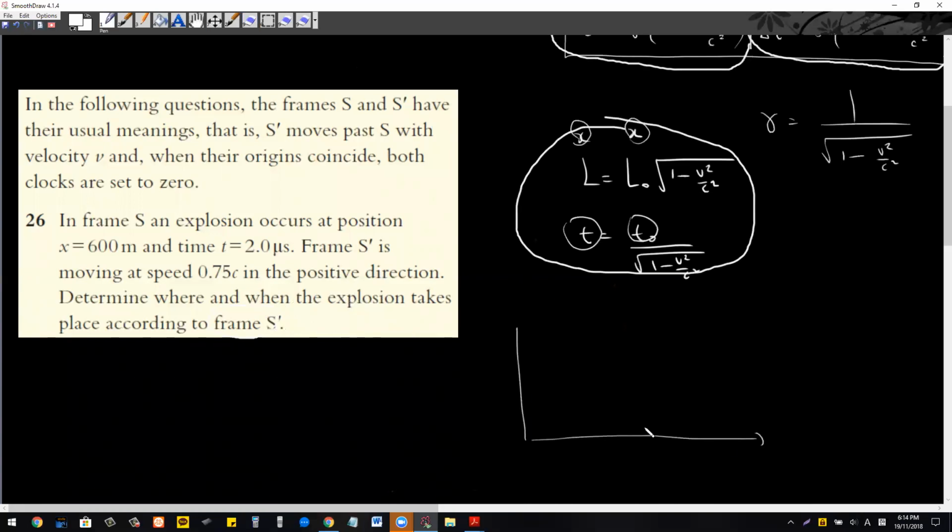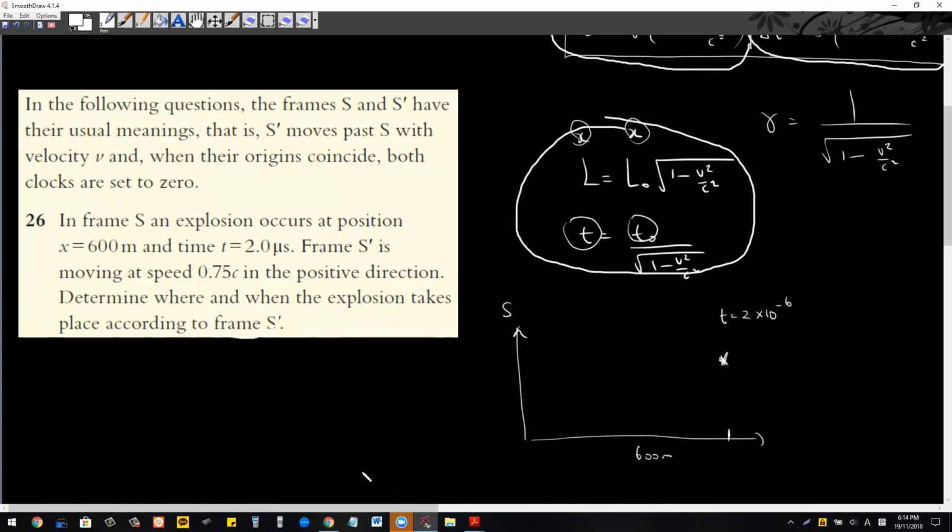So here, let's just analyze this. This is frame S, and there is an event here, which is 600 meters away. And this one happens at time equals 2 times 10 to the power of -6. Now let's find out